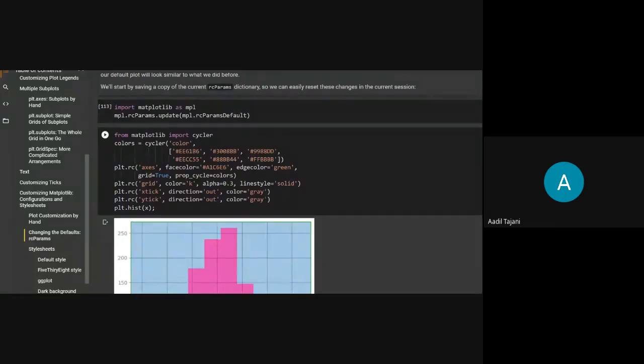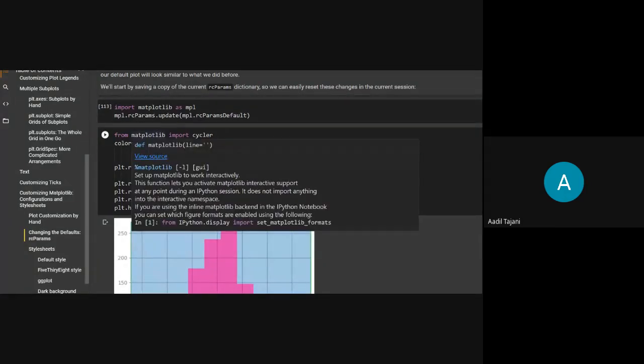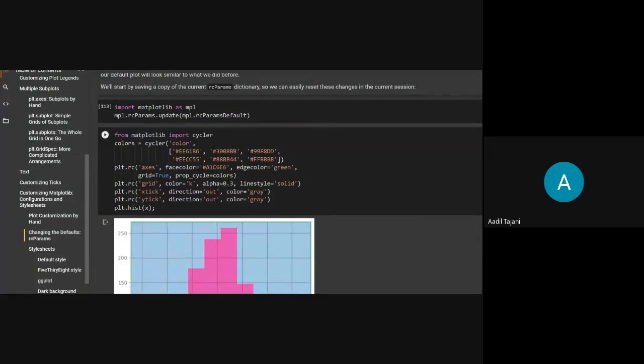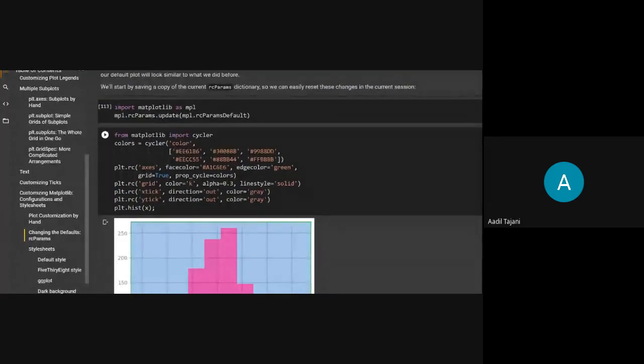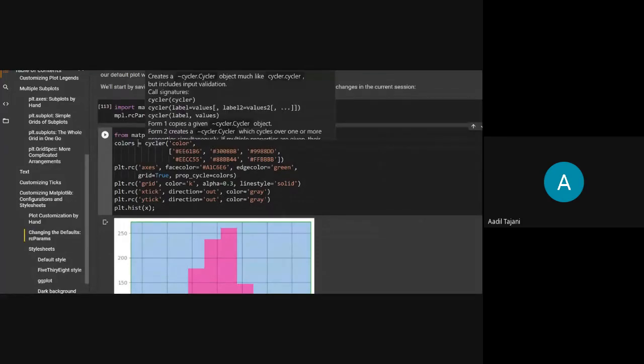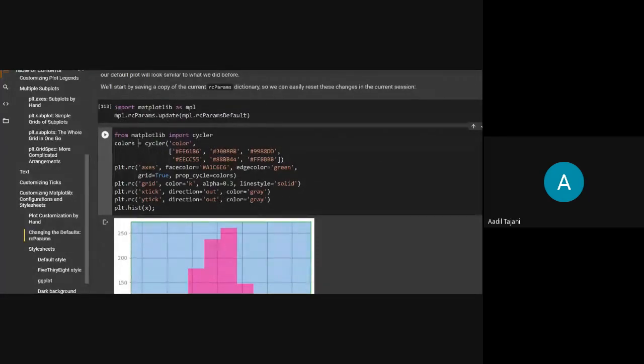So for making Matplotlib cycle through colors, you have to import Matplotlib. From that Matplotlib, you have to import the cycler module, and you have to define a cycler, and you have to mention color, that you want to cycle through colors. And with that, you have to mention a list of colors from which you want to cycle.